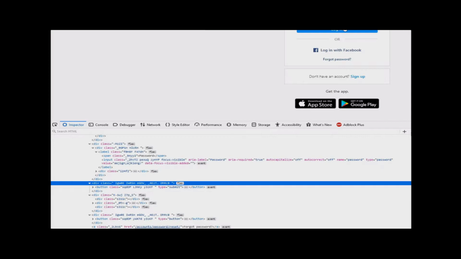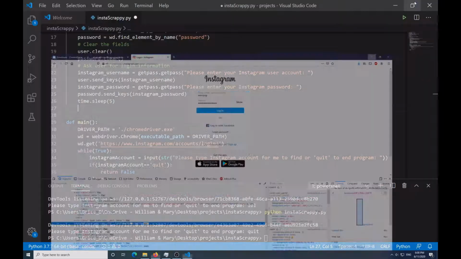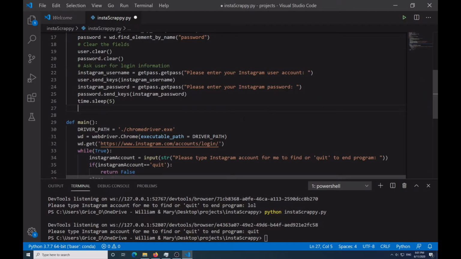So once the information has been submitted into these fields, we're going to say login. In order to accomplish this, you have to use the same approach we did previously. It's going to be wd.find_element, but instead of by name, it's going to be by xpath. And then in here,